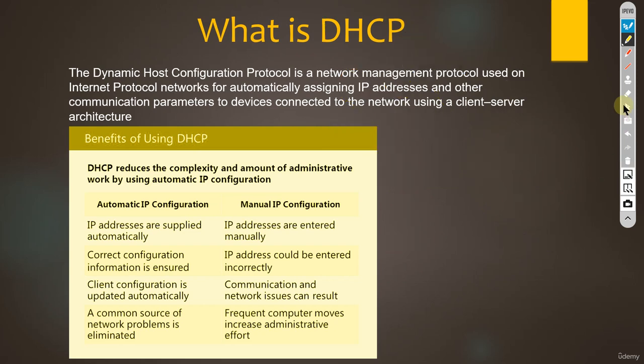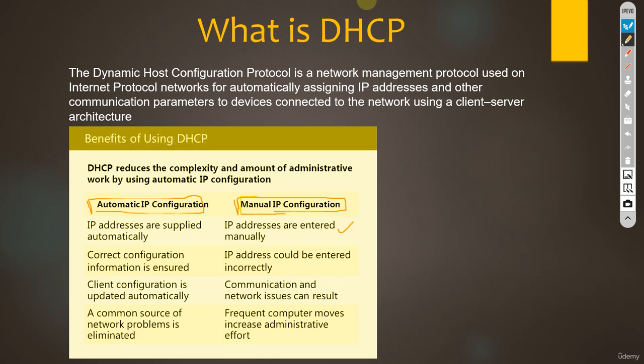Okay. So by definition, I have already given you the definition. So let's talk about the benefits of using DHCP. Here we have manual IP configuration. Let me change the color. Here is the manual IP configuration, and here is the automatic IP. So let's talk about the manual IP configuration. IP addresses are entered manually. So you will have to go one by one and assign the IP on every machine that exists in